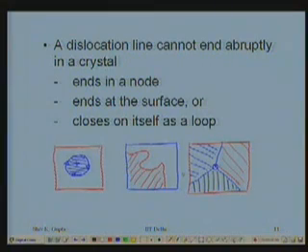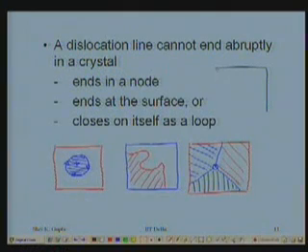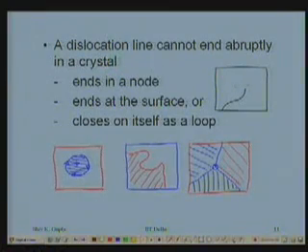So in other words, I cannot have a situation where I have a dislocation starting from here and it stops here in the crystal. Which is the slipped part, which is the unslipped part? Can you define? You cannot. Right here when you come, you get into trouble. Is this slipped or is this unslipped? This is the same region. So that is not allowed. That's not possible. No dislocation can end inside the crystal abruptly like this.